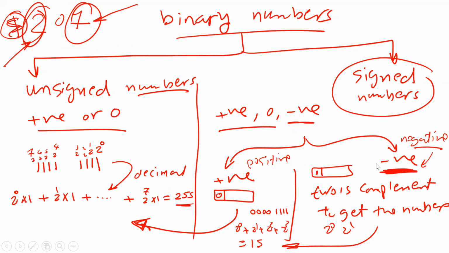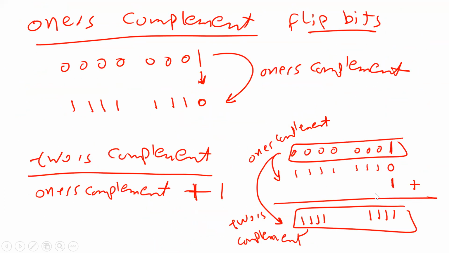Anyway, so until now I didn't answer the question here. I was explaining, if you have a negative number, how can you convert it to decimal? That's what I was explaining, so let me complete. In order to do that, you have to calculate what we call the 2's complement. So let me explain what we mean by the 2's complement. We have two types of complement: the 1's complement, and also the 2's complement. So what is the difference between them? I'm going to tell you the difference.